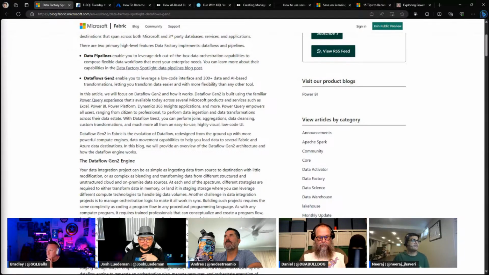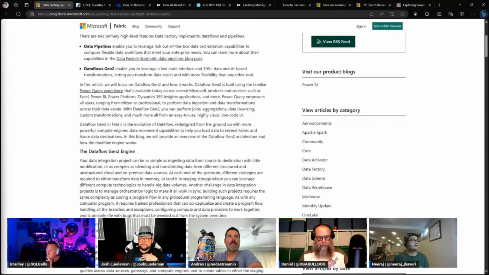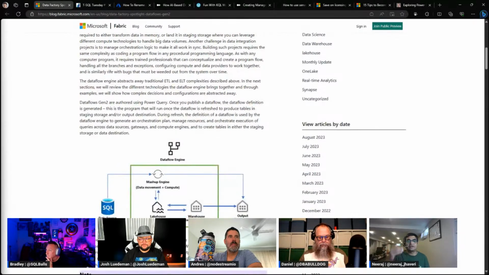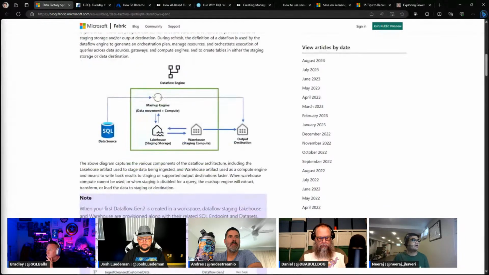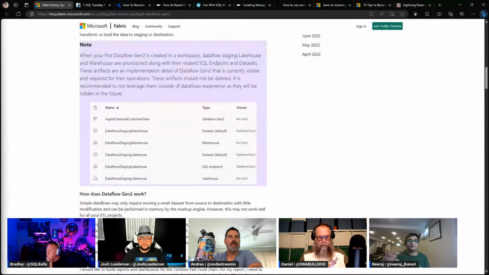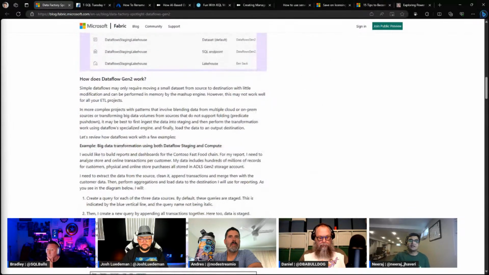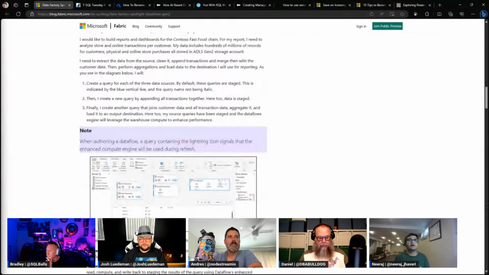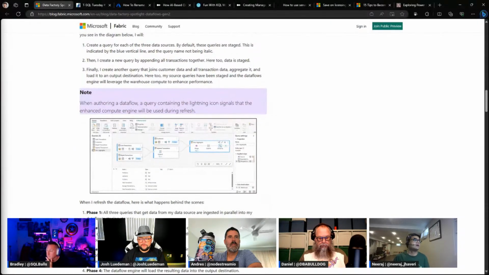He's giving an example of how the Data Flow Engine 2 works, going into detail on how it all operates, and then showing how you can create a whole data flow step by step to move the data from your source to the data flow or your ADLS part of it.